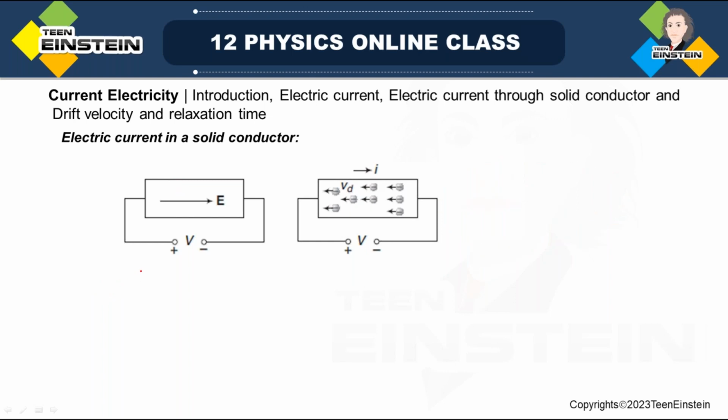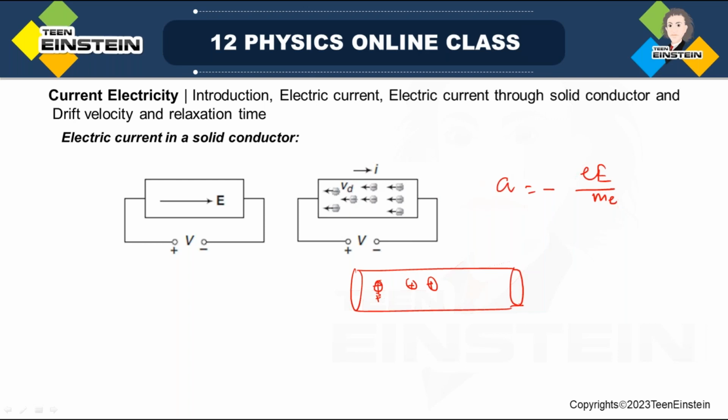The acceleration they experience is this, but during the random motion there are positive ion cores sitting here with a specific periodicity, which is called the lattice. So while moving randomly,